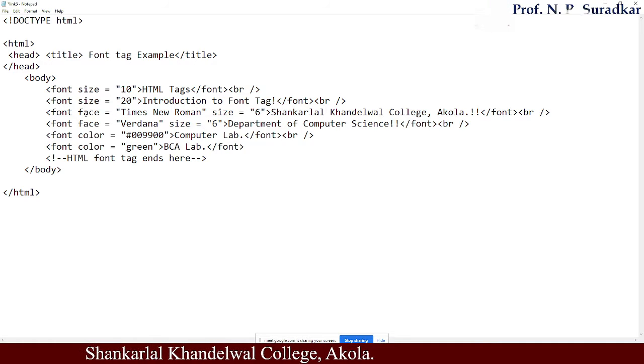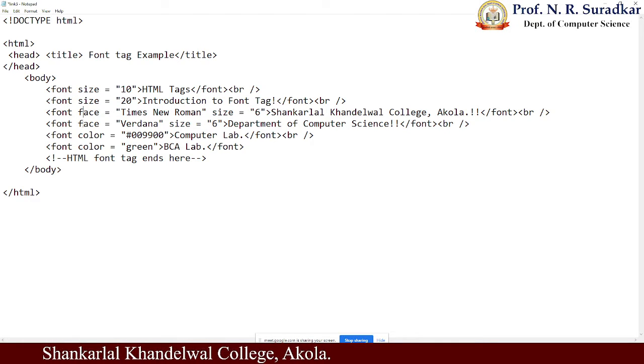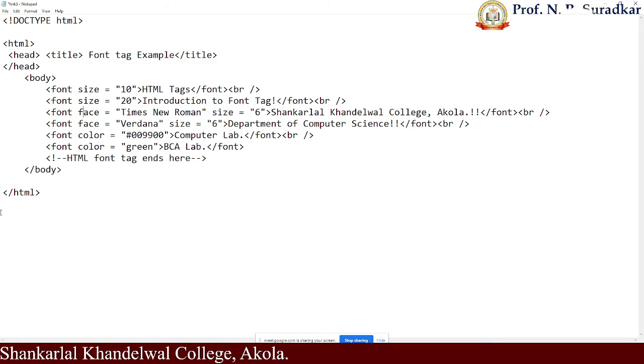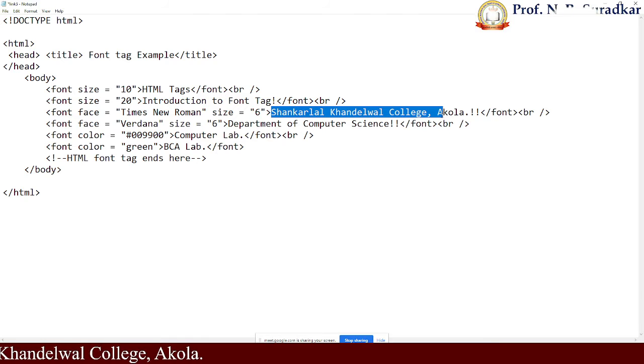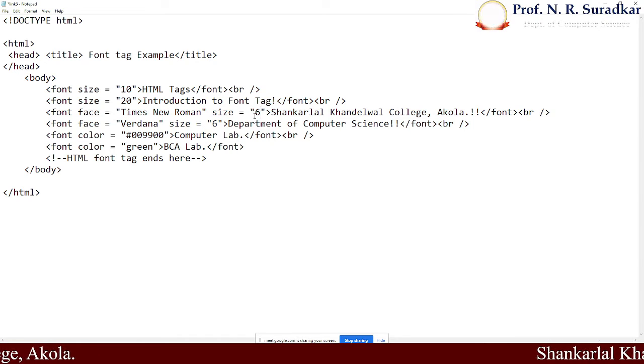Then we use the face attribute, which is normally used to change the type of your text. The next text is the Shankarlal Khandelwal College, Akola, and we want to change the type to Times New Roman of size 6. If you want to change the size, use 16 here.